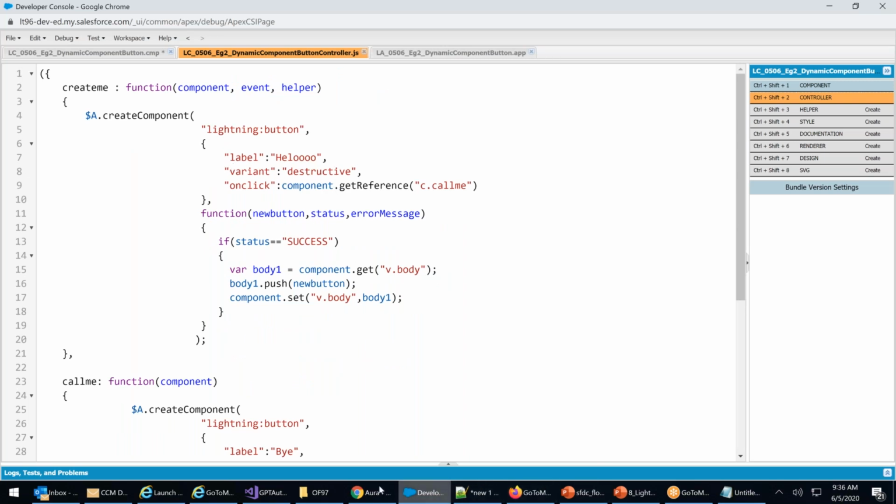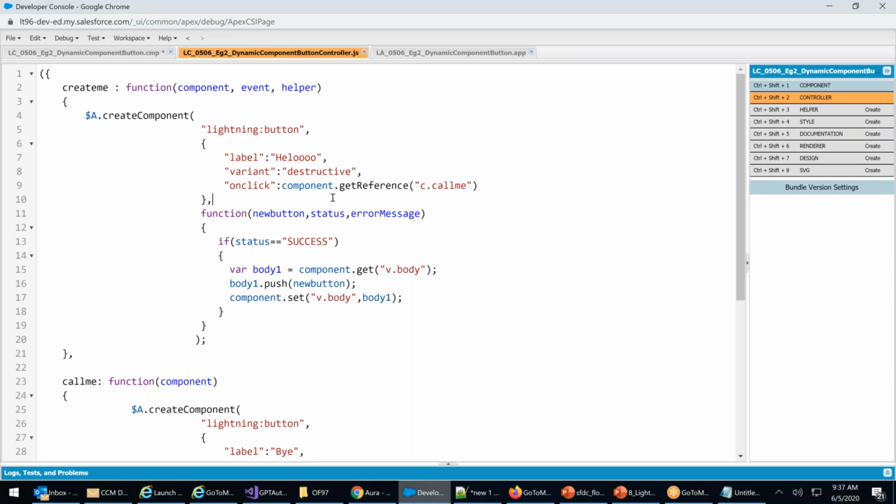Yes, tell me. Sorry. So can we change only the attribute dynamically? Once we create a dynamic component, let's say button hello, can we change the attribute alone, like hello to bye, within the same component, or do we have to create a new component? These are fixed attributes. If you want to change this, then you can start declaring something in its place. You want to change the label, from hello to bye.